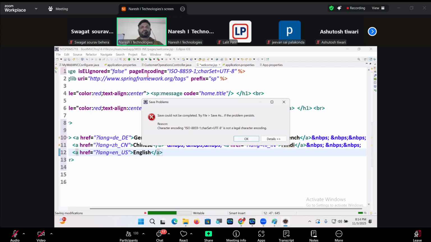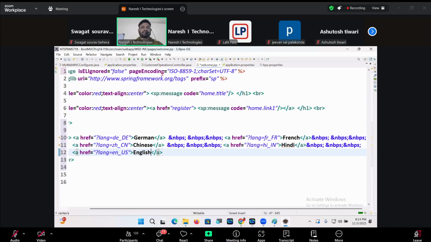That's wrong. Page encoding. Then if you write this, there is no need of writing this. There is no need of writing charset. UTF-8 you can directly write in the content type. This one is the content type. With the content type, there is no need of charset also. Just text slash HTML is enough, or not?